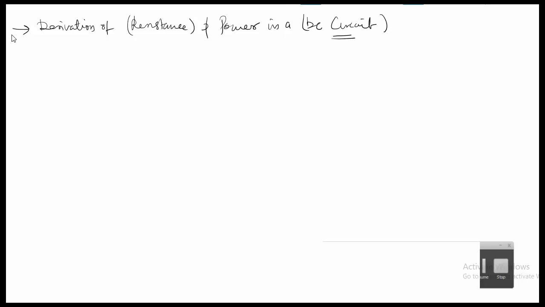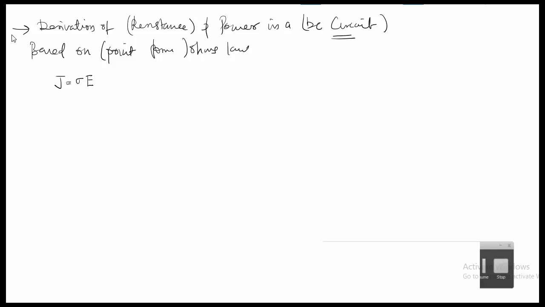This video is about the derivation of resistance and power in a DC circuit based on the point form of Ohm's law. So the point form of Ohm's law which was derived was that the current density is equal to